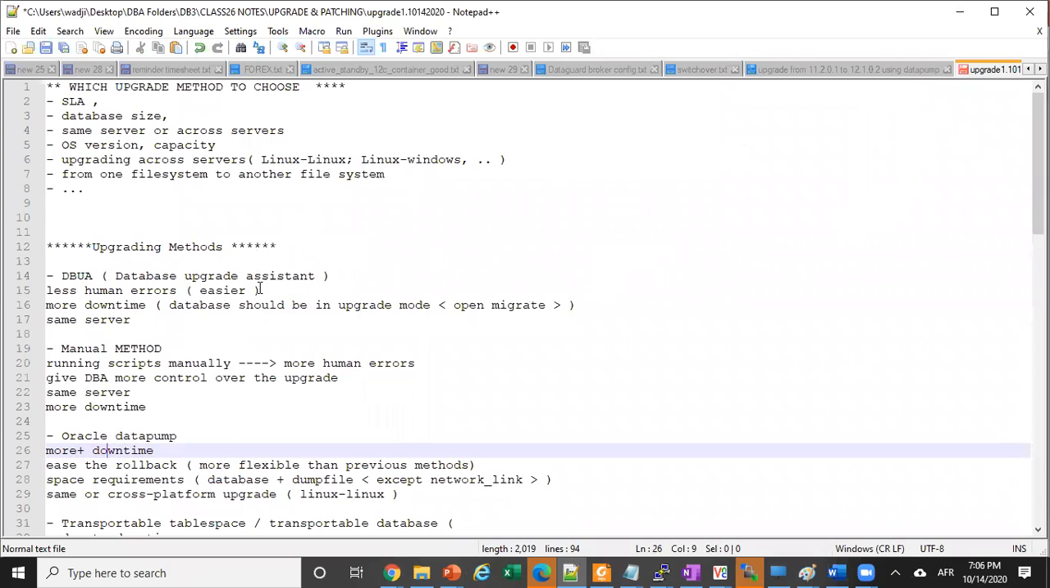So one of the limitations DBUA also has is that it should be used on the same server. It means if you have two different servers, you want to upgrade the database on the other server, DBUA cannot do that. So you have to be on your own server, on the same server, in order to use DBUA. So that's a